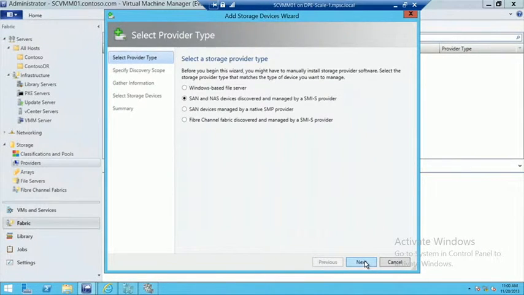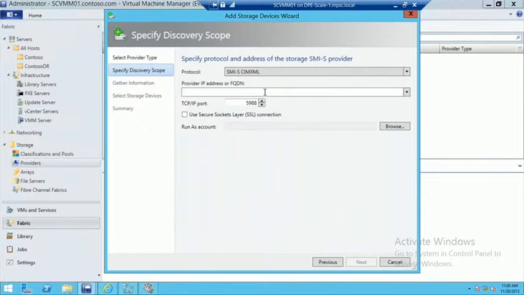We'll select our SAN, managed by our SMIS provider. And here are the two different protocols that we support, SMI-S XML and WMI. I'll be honest, I'm not really that familiar with SimXML. Are you familiar with that protocol? With SMI-S SimXML, that's the one. Yes and no. I don't know that I can do a horribly good explanation of it, but essentially